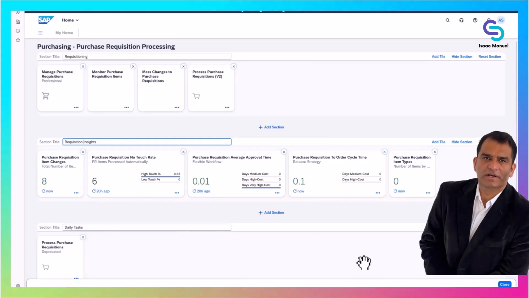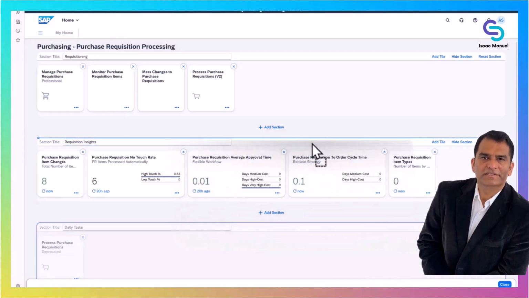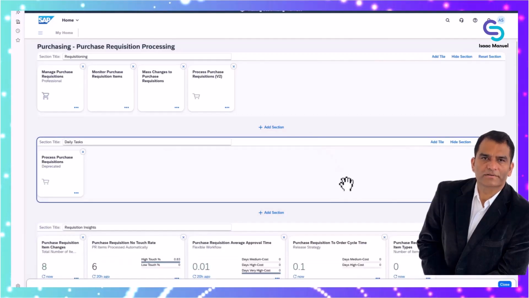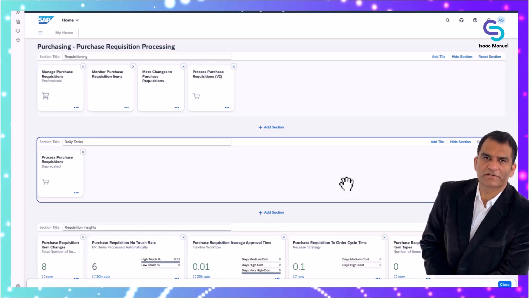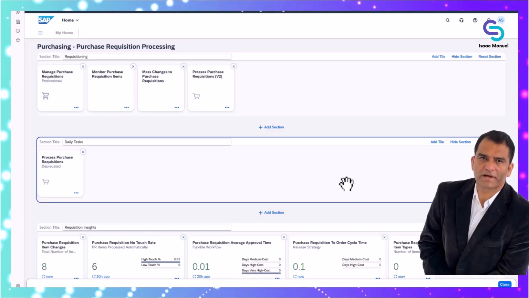Let us now reorder the sections. Over time, you might decide certain sections should appear higher or lower on the page based on priority. Reordering sections is typically a drag and drop action in edit mode. Click and hold the section header, then drag the entire section up or down the page to its new position. Arrange your sections in a way that the most important groups of apps are near the top for quick access. For example, if daily tasks are crucial, you'd likely want that section above